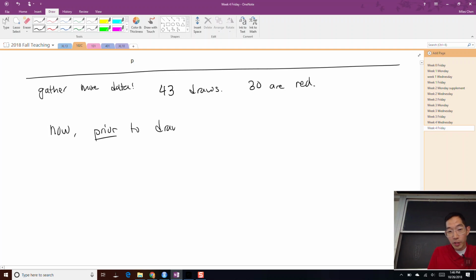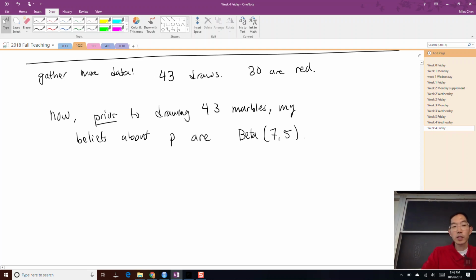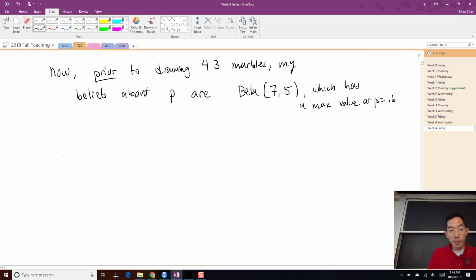Okay, so now prior to drawing 43 marbles, my beliefs about P are represented by beta 7, 5, okay? Which has a max value at P equal to 0.6, okay? And then my data is 30 red out of 43 draws,